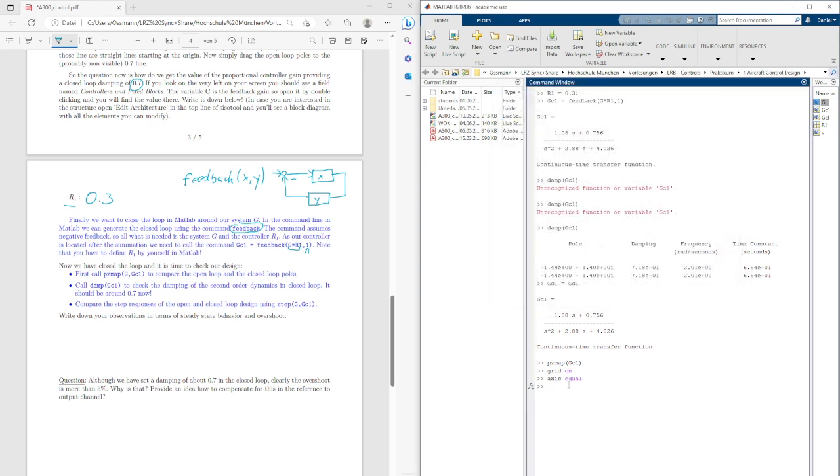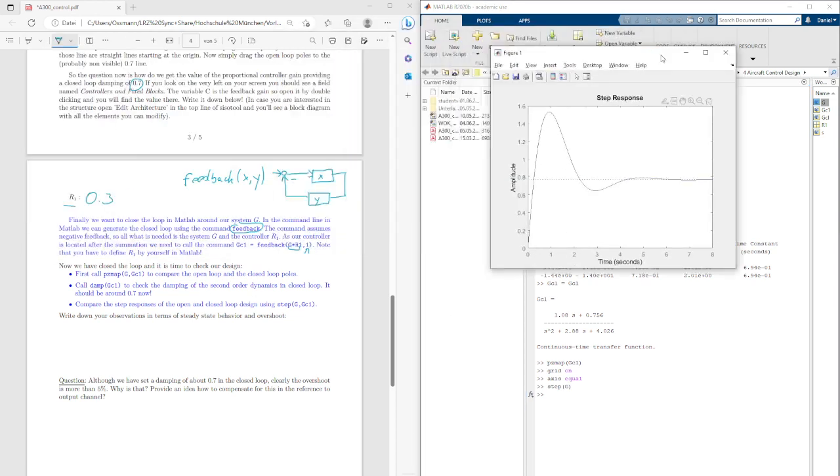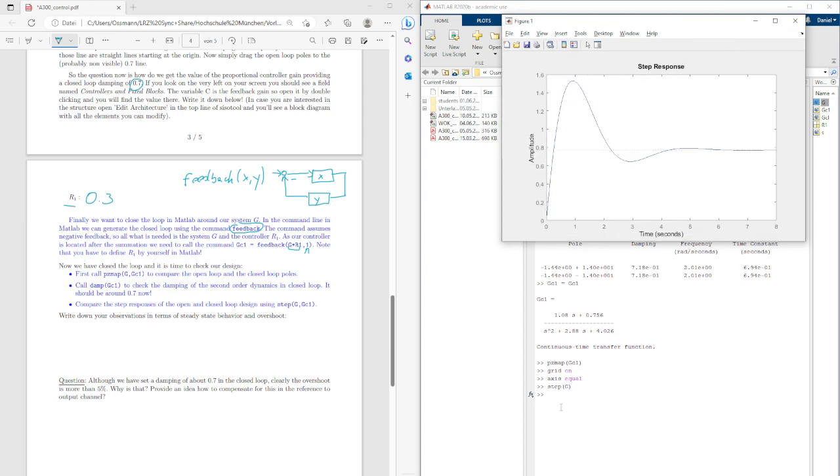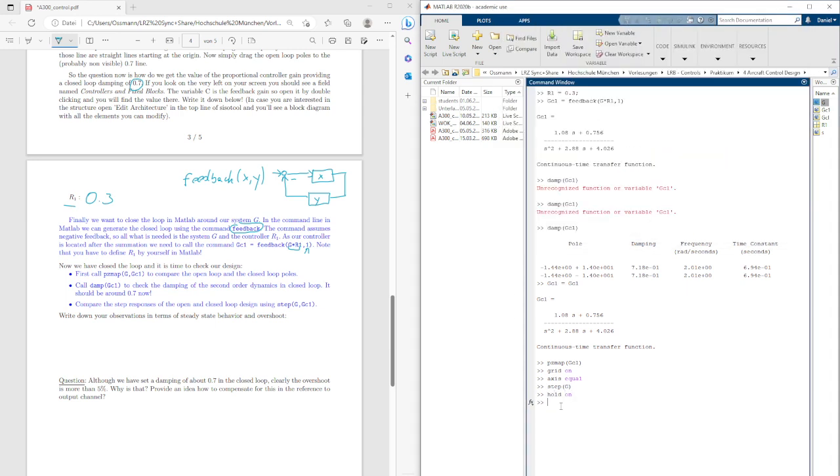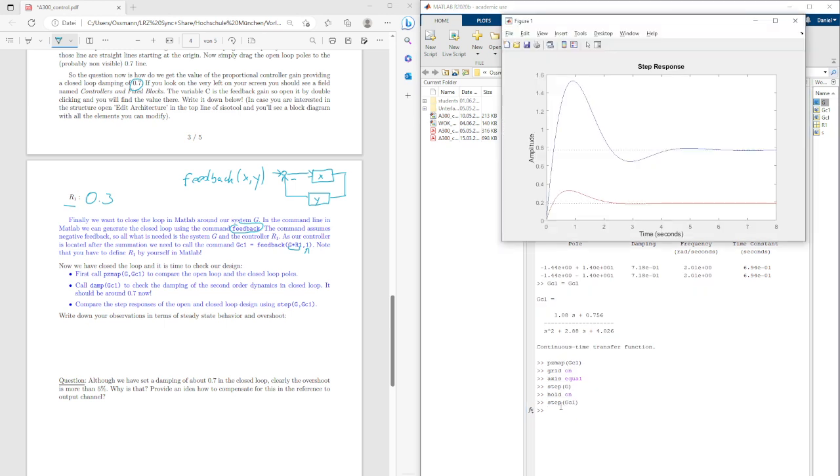Yeah. If we want to do a step response now, we could remember step, for example, of our open loop was step G. Okay. This is how the step response of our open loop looks like, so without controller. So we're simply going to hold on to that figure, and then we're going to plot the GC1 on it, and now we see how that has changed with proportional feedback. Now we are here, it's a little bit better damped, right, because we have increased the damping. Still we have a lot of overshoot because of the zero, and the static gain has decreased, right, and this is what we know,